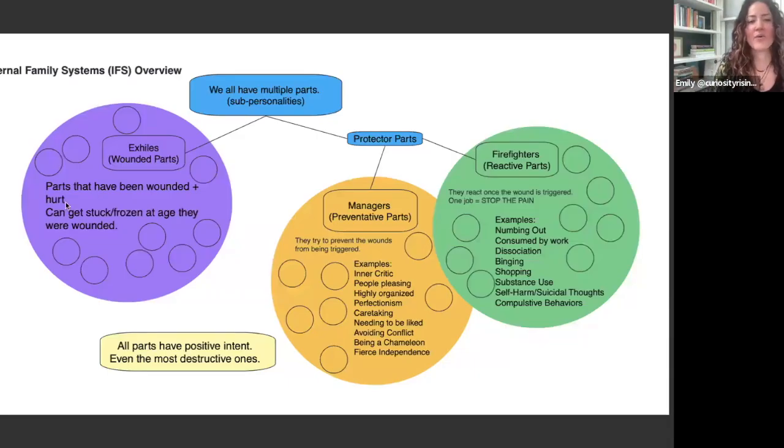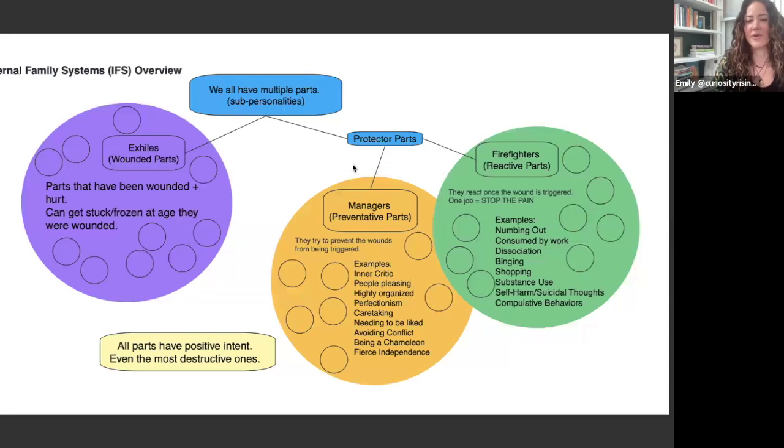We were just talking about the exiles, the purple over here, these wounded parts. So I'll give you a second to orient to this diagram. Again, it's often not just one exile. We don't have just one pain point or one wounding that happens to us in our life, and so one exile. We often have lots of different wounded parts, lots of different exiles. That's why you might hear people say, yeah, I've got my 3-year-old, my 6-year-old, my 17-year-old, my 22-year-old. We've got lots of different parts that are carrying burdens.